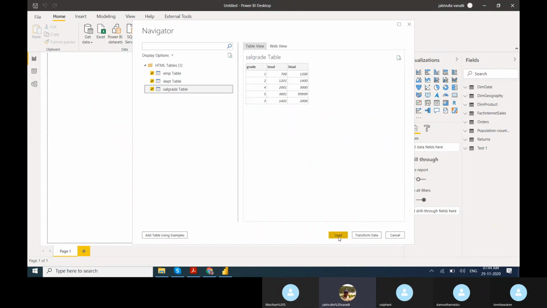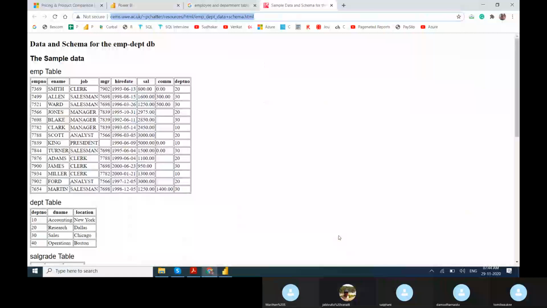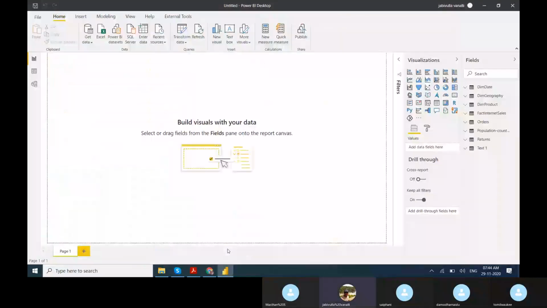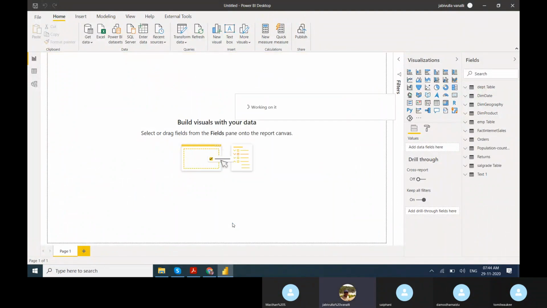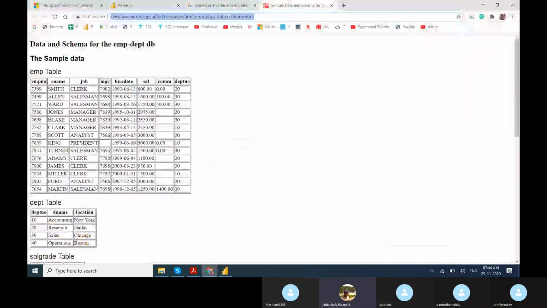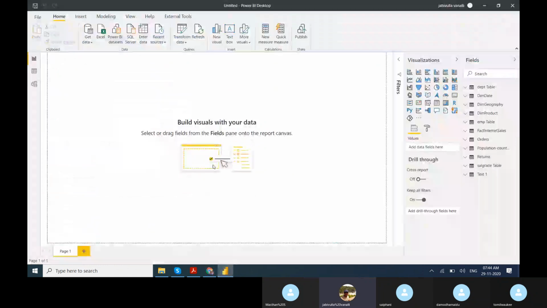Salary table. Just load it. So directly we can load. Okay, from the web you can directly load into the Power BI desktop. And